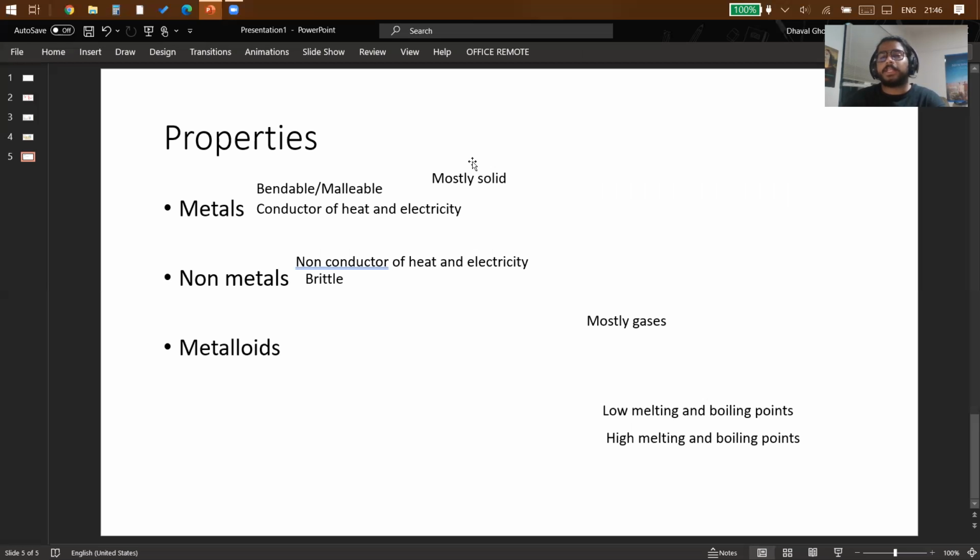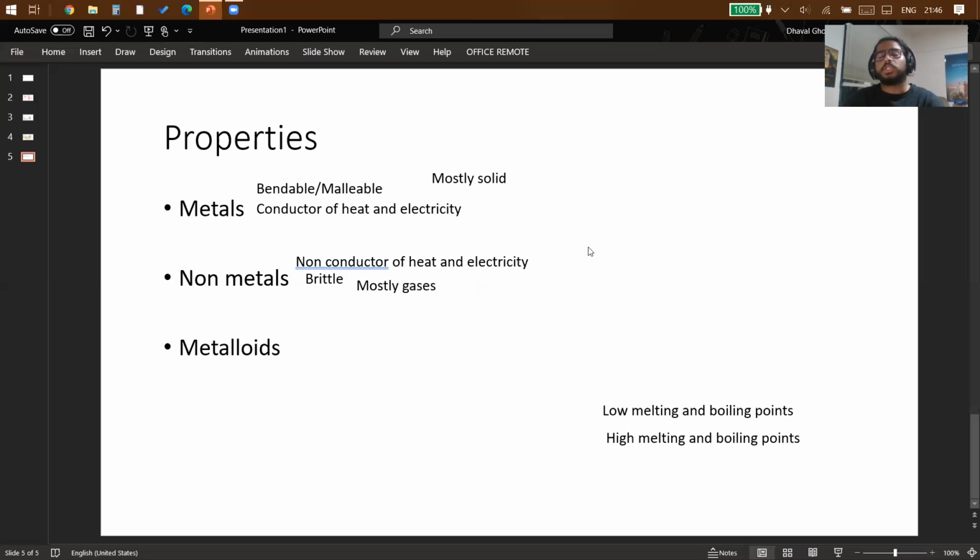An example of a liquid metal is mercury. Mercury is a metal. It's shiny, but it has a very low boiling point, so it's a liquid at room temperature. But if you go cold enough, it turns solid, and then has the properties of conducting heat, softness, and bendability. The opposite of solid is gases, and so non-metals are mostly gases like oxygen, nitrogen,